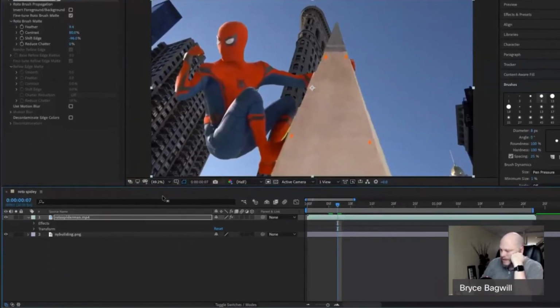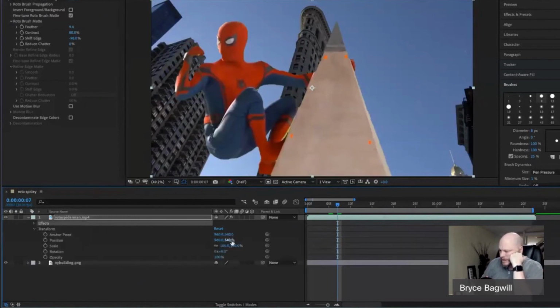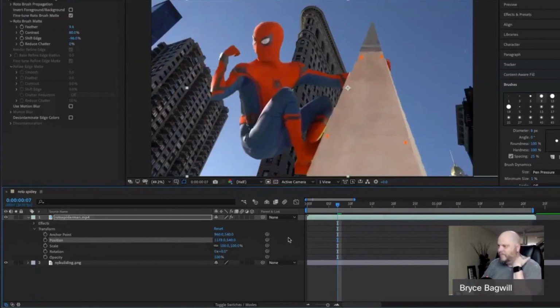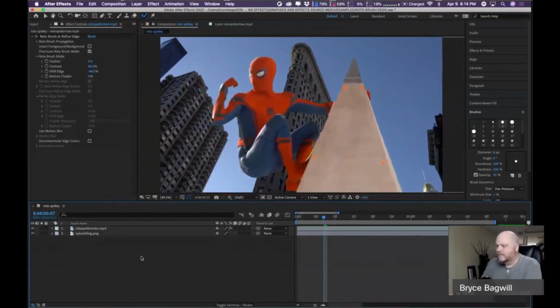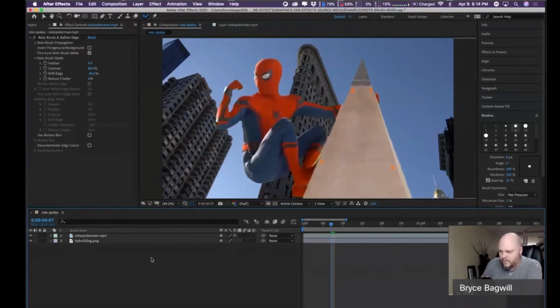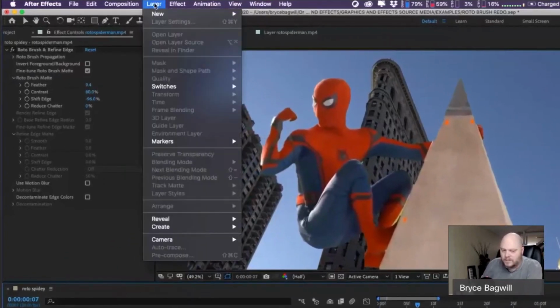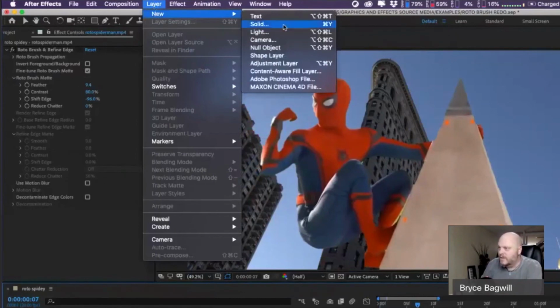And of course, you may decide, oh, let's go into the transform section and let's pull Spidey over so that it looks a little more deliberately designed there against the building. Now, you don't have to do this with me, but just to make a point, we played with the use of nulls and the use of expressions before. So what if we do this? What if I do, and again, you don't have to follow along, this is just for me to show you, if I do a new null